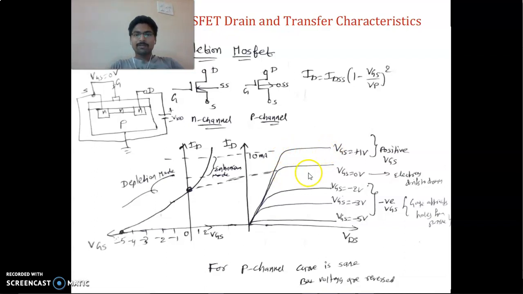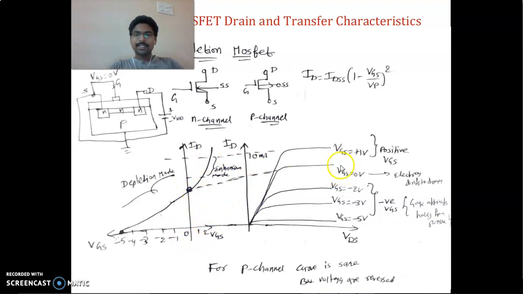So that's why here the transistor conducts in the VGS negative case and also the VGS positive case. When VGS is negative, the transistor is said to be in depletion mode, and when VGS is positive, the transistor is said to be in enhancement mode. Observe here, as VGS increases from 0, the current increases. So as VGS increases, the current increases here.